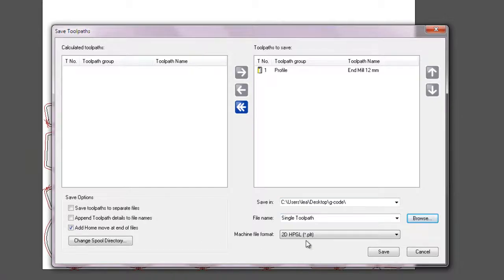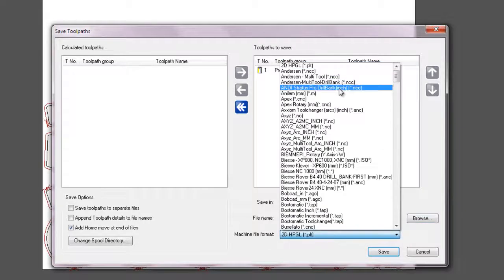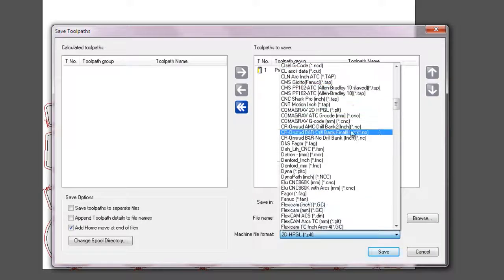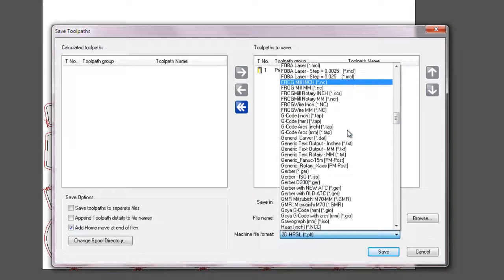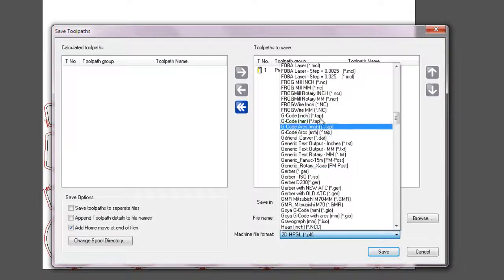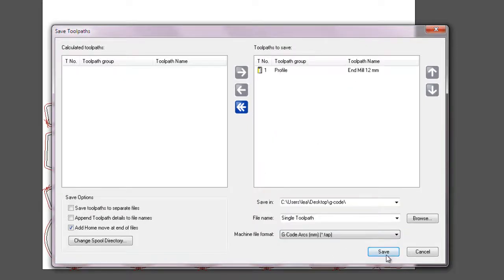The machine file format is the post processor that is used to configure the data from Artcam into G-code or machine code for your specific machine. So here you can see all of the post processors that are available to Artcam. Now there are well over 200 posts available within here, so you should find your machine. There's also a generic G-code post processor here, so that's the one that I'm going to use,